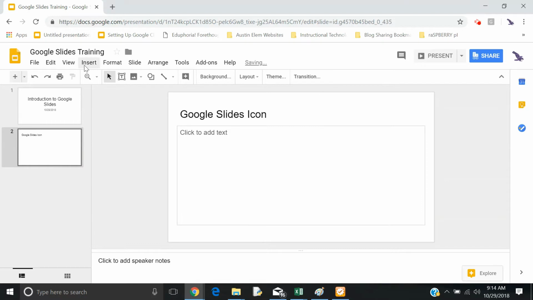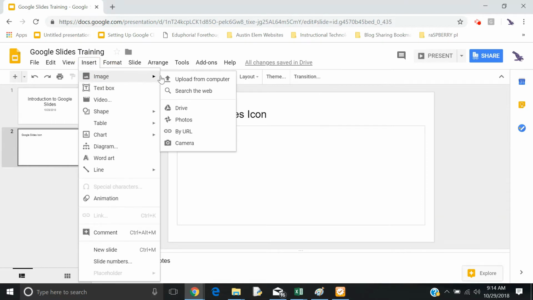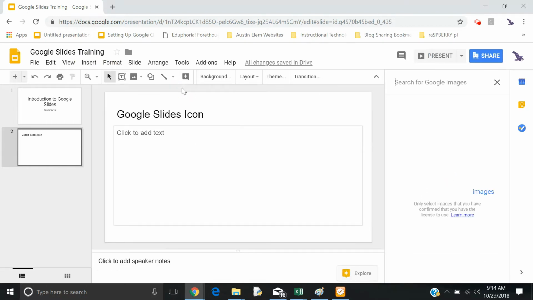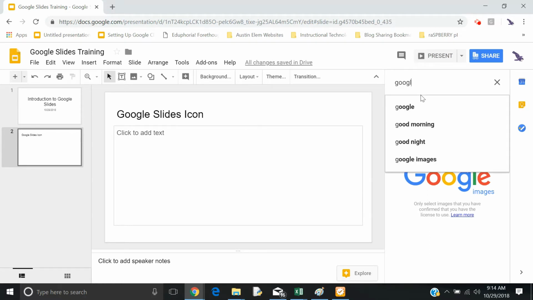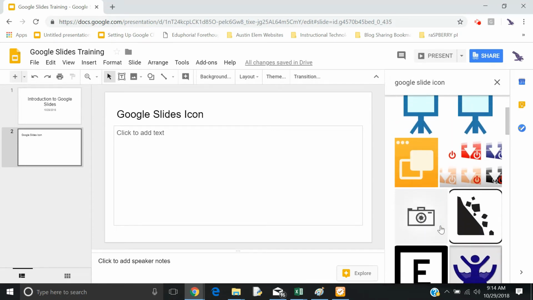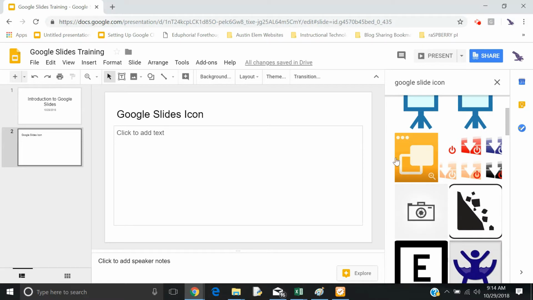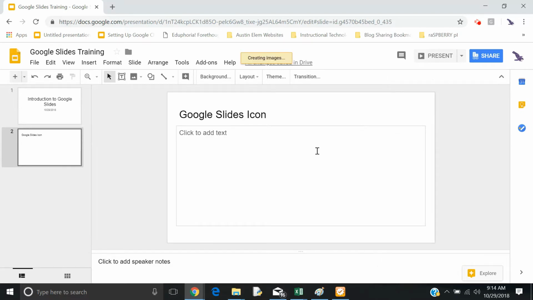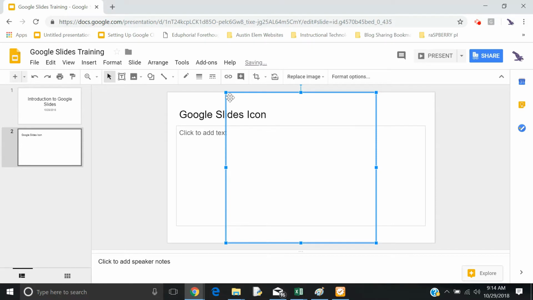Another way to find pictures is through the web. So this is searching through Google Images. So let's say I just type in Google Slides icon, because that's the one that I'm looking for. And let's say I like this one. I kind of like that one. I'm going to go with this. Click on it, it's selected, and then you just click on Insert, and it's going to be inserted into your